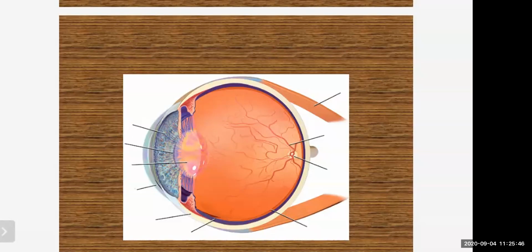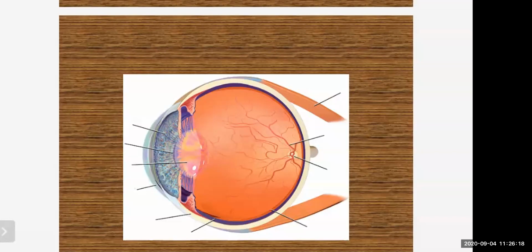Again, once more I'll explain the parts of the eye in that diagram. All the parts are given. Ciliary muscles are there, iris, pupil, crystalline lens, cornea, sclerotic coat, all these are parts of the eye. Choroid, the retina, optic disc, optic nerve, and muscles. So you should know the function of the iris, pupil and cornea, right? Ciliary muscles are also there. So all these together form our eyes.